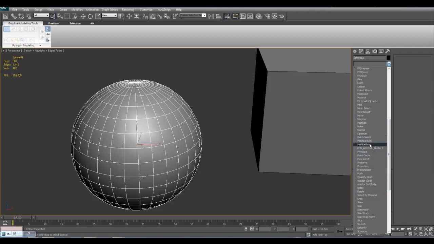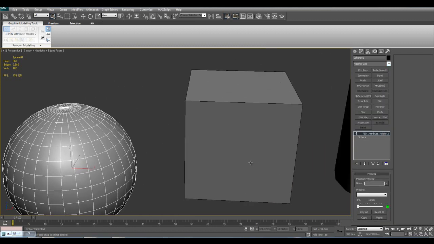Next we have path deform, which there is a better version of in the world space modifier. As you can see right here, path deform WSM for world space modifier. So once I start teaching you guys about world space modifiers, I will cover the path deform. For now, just know that the path deform here in object space is an inferior version. We have the Attribute Holder, which is a custom